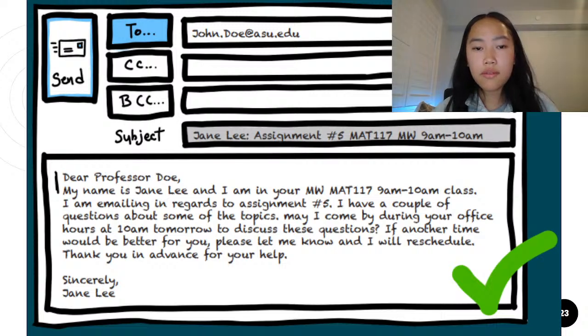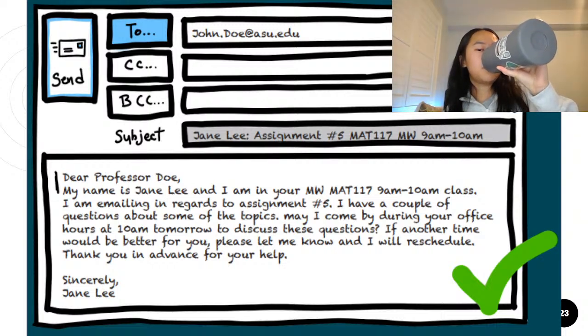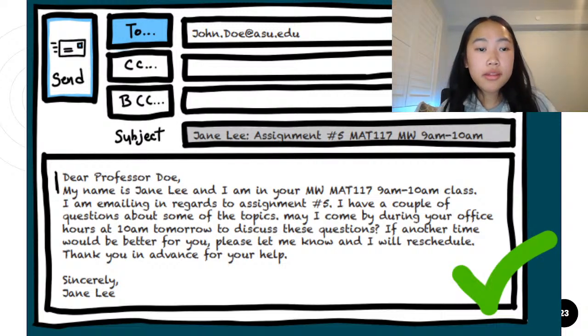So just take a few seconds and reflect on which of the 5 rules of email etiquette they used. I'll give you guys a few seconds. All right, so let's start off with the subject line again. It's very clear and concise, and it goes straight to the point. I know a lot of professors actually prefer this type of format for subject lines. So that's definitely a plus one.